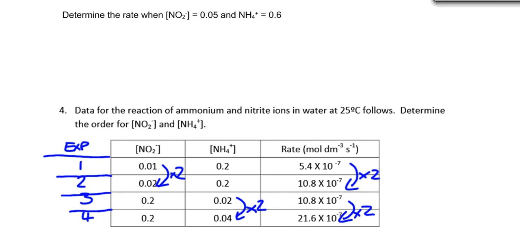Now I will scroll down and give you a model answer, but what I want to do at this point is, while we keep the table in view, I want to just look at the hard part of this question now. Once you've determined what the orders are, both being first order, then the question asks, determine the rate when NO2 minus equals 0.05 and NH4 plus equals 0.6. So what I want to do is just redraw this table a little bit. We've got here